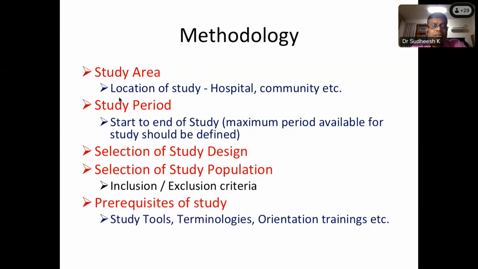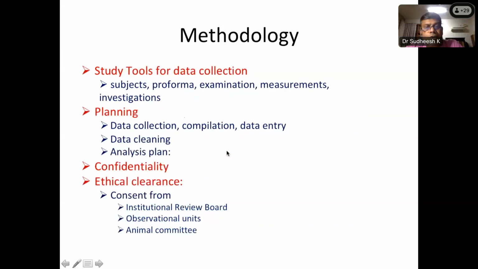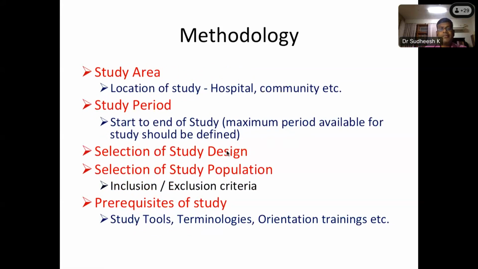Then you have to select the appropriate study design. We already discussed this: whether it's prospective or retrospective, whether it's observational or an interventional study; if it is observational, whether it's cohort, case control, or cross-sectional; or if it is interventional, whether it is a randomized or non-randomized controlled study. You have to clearly mention that, and the selection of the study population should be clearly based on proper inclusion and exclusion criteria. You should clearly lay down the proper inclusion and exclusion criteria for including the study population,